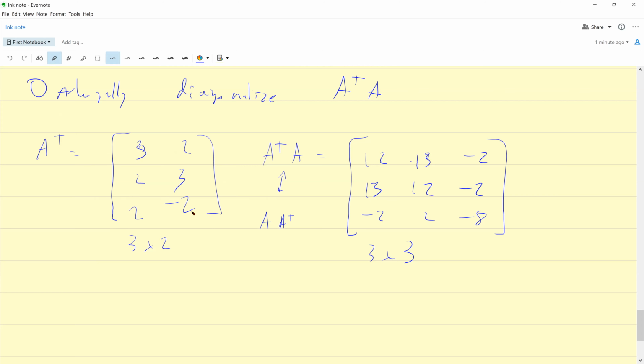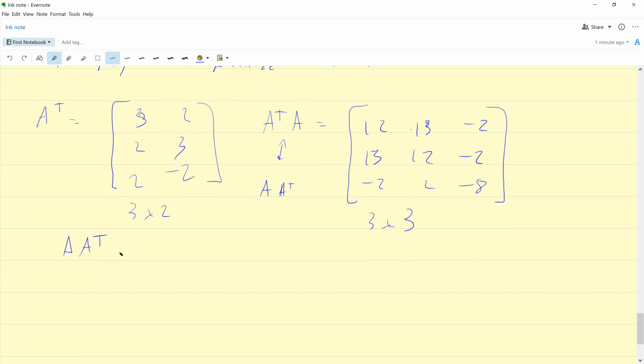Okay, I think the eigenvalues are going to be the same, and the extra ones will be 0. So I'm pretty sure we can use A A transpose to find the eigenvalues, but then we're actually finding the vectors for V and U. You have to keep the dimension consistent, make sure you're putting the right one on the right side.